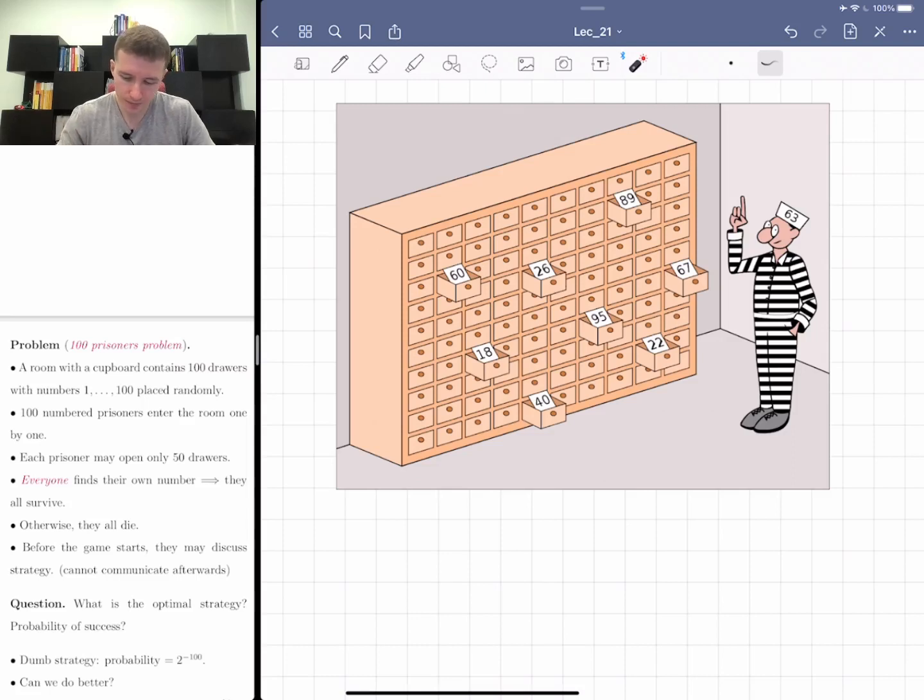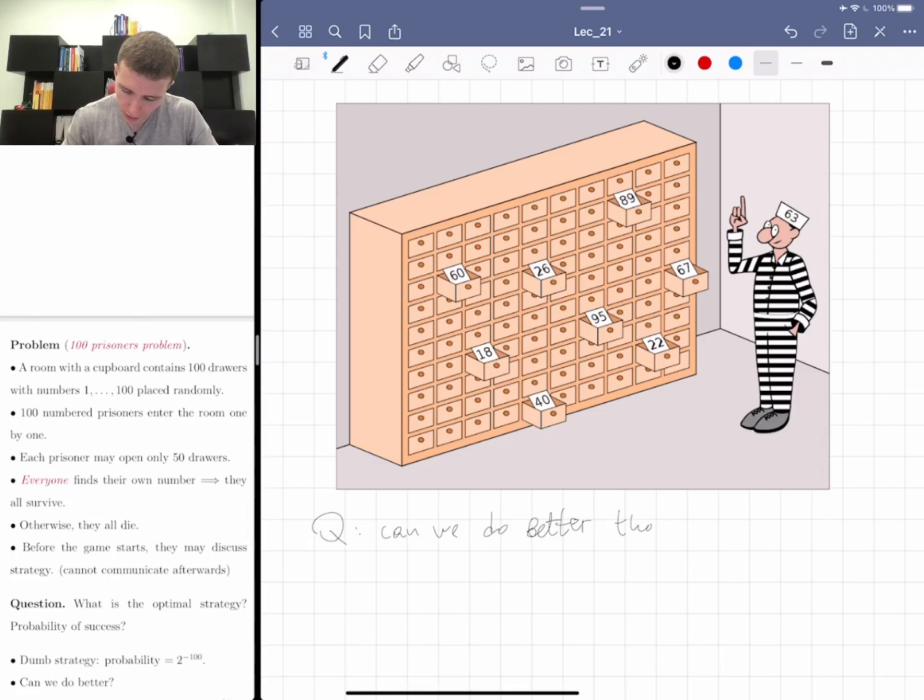So can you do better, or can you prove that there is no better way? Intuitively it seems like there is no better way, because all the drawers are sort of the same, but the question is, can we do better